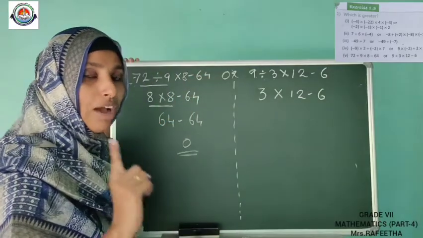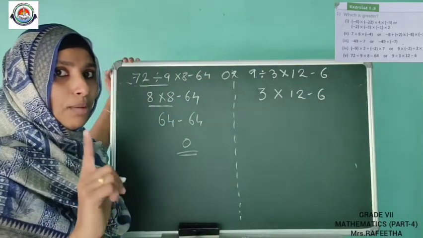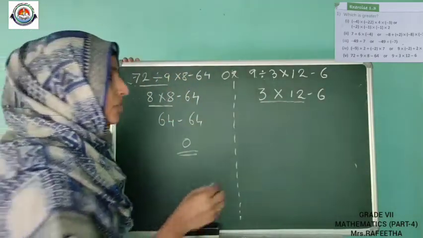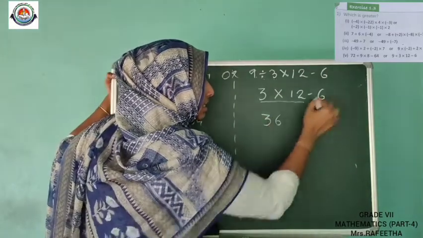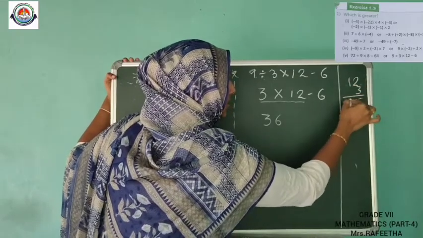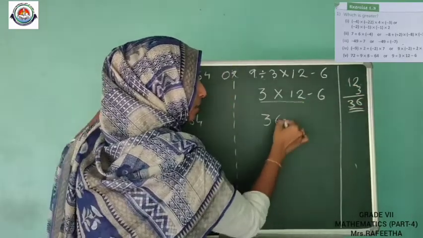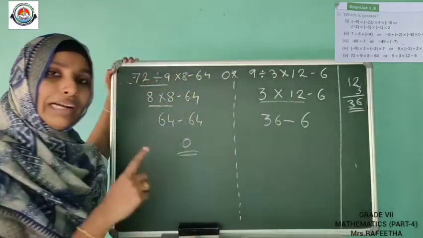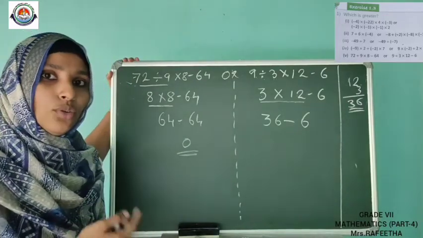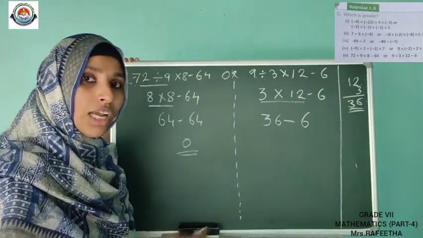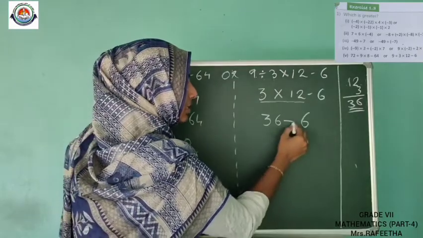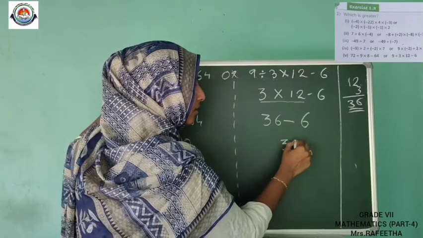So division over. After division, what do we want to do? Yeah, that is multiplication. So what is the multiplication here? 3 into 12 is there. So 3 into 12 means 36. You can do it here, no problem. 3 2s are 6, 3 1s are 3, so 36. Okay, so 36 minus 6. Here multiplication over. Next is addition. Is there addition here? No. So what can we do? If addition is not there, we do the next step, that is subtraction. So subtraction, 36 minus 6, that is 30.